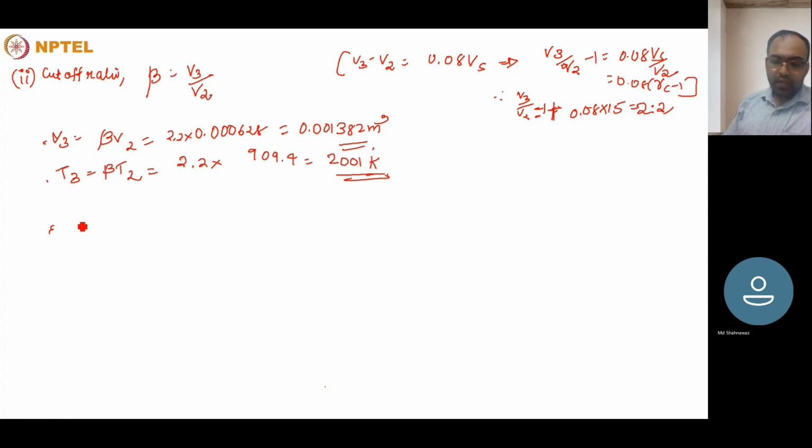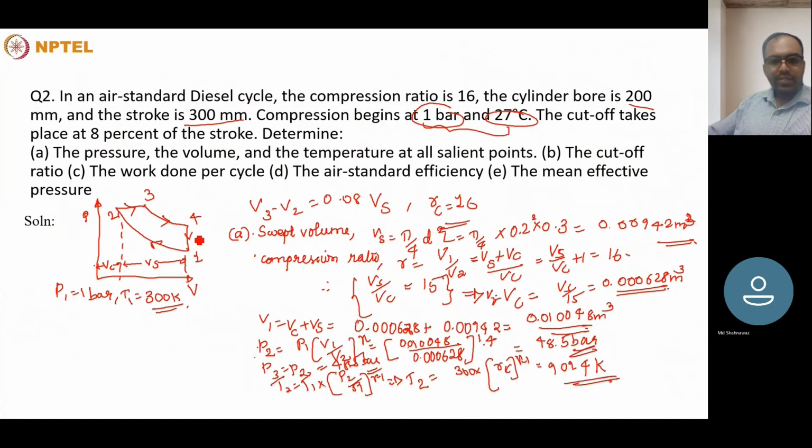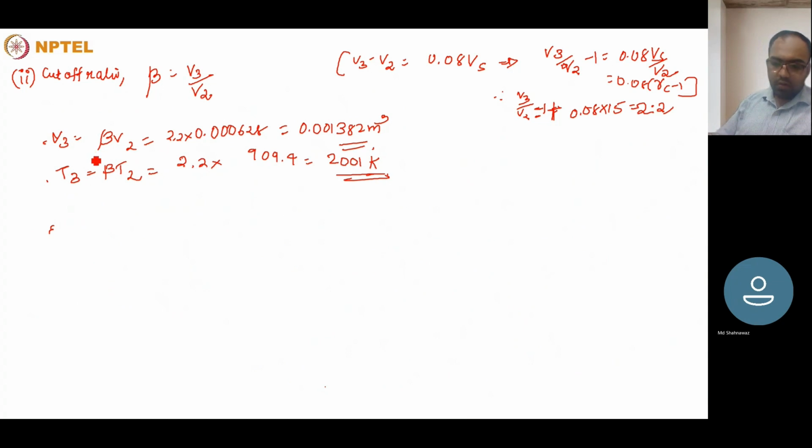Therefore, the pressure at the exit of the heat addition process, P3, will be the same as the pressure before it, since it's a constant pressure process. We know the value of V3, and V4 will be the same as that of V1. We know the value of P3, so we can calculate P4 as well. So the P4 value will be equal to